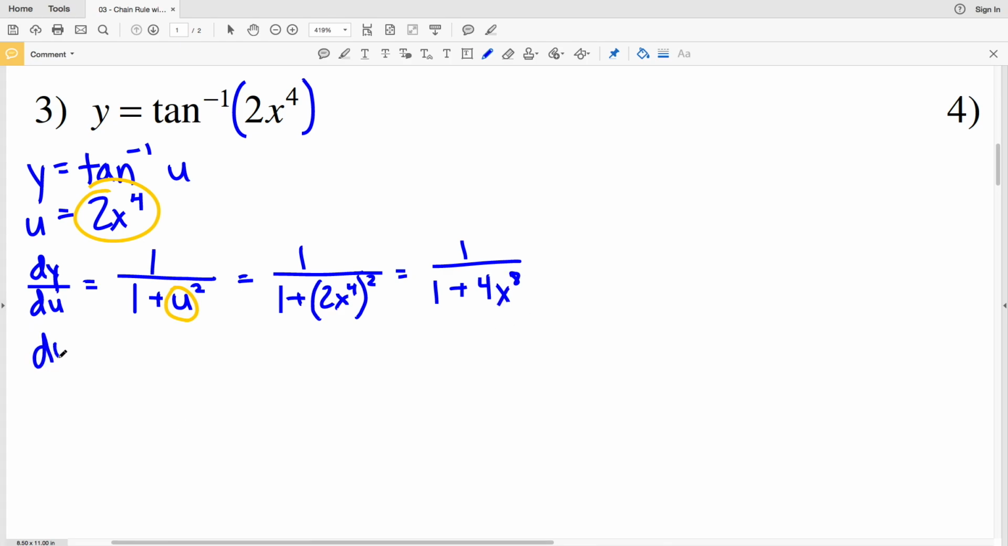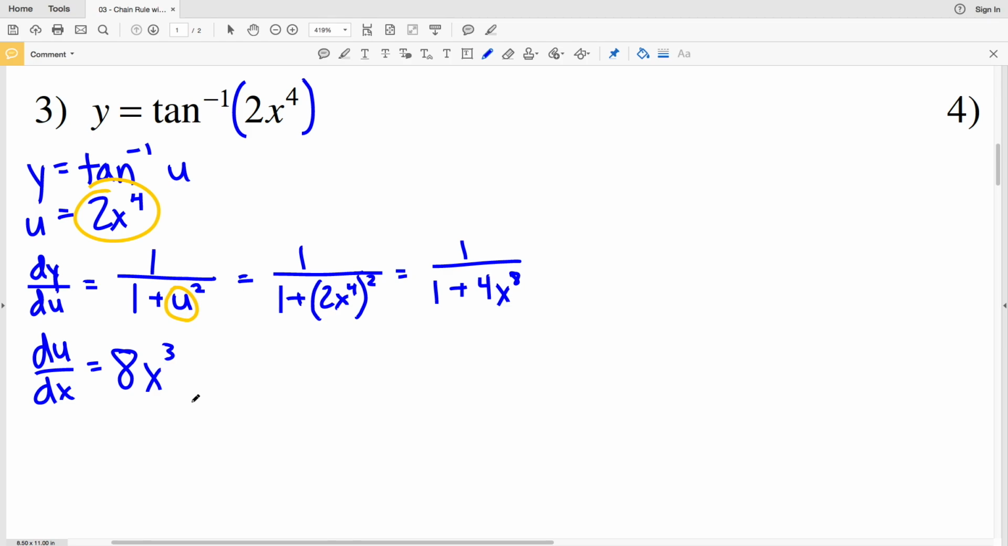Now I'm going to take the derivative of u with respect to x. The derivative of u with respect to x is the derivative of 2x to the 4th, which 4 will get multiplied by 2 to give me 8, and that'll be x to the 4 minus 1, or x to the 3rd. So when I found the derivative of that, if you remember, that's using the constant multiple rule and the